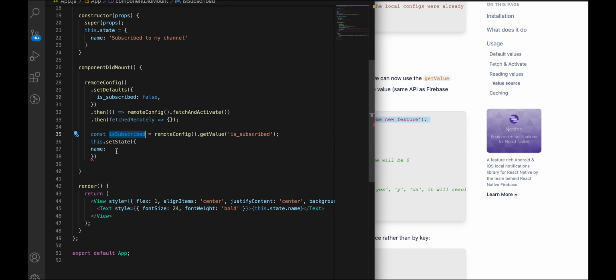if the user has already subscribed, then set its value to another string, and if not, then keep this value only.